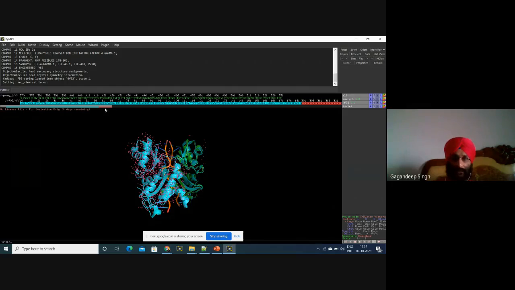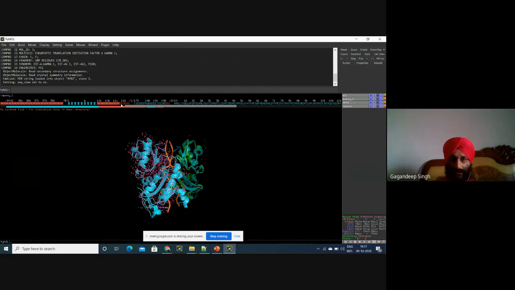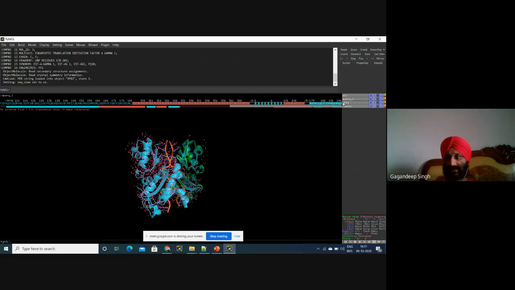This is the chain B of this template. We don't require this chain B. And this is the chain C of this structure. Up to this, we'll select this as well. Now this is the chain D. We require this chain because our template is with chain D. After chain D, we'll remove all these unnecessary things. And what will we do? We'll right click and remove. Okay.